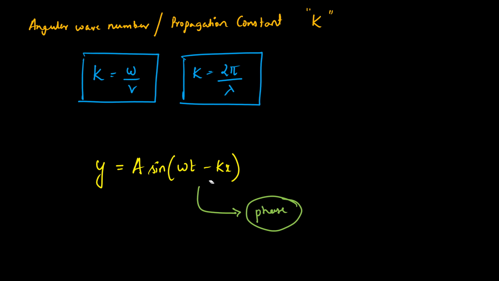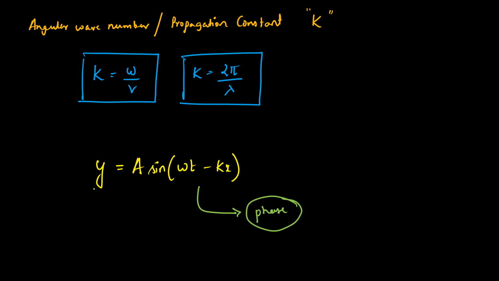If there is only one, then there is no phase difference. You cannot have a difference when there is only one wave. When you have multiple waves, only then you can have a phase difference. Okay, now this is